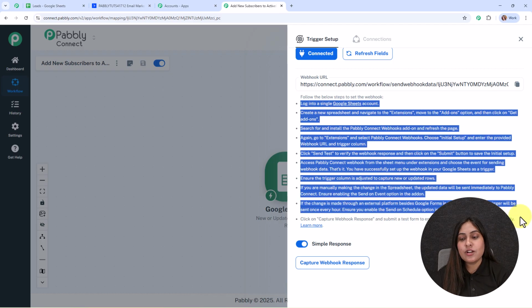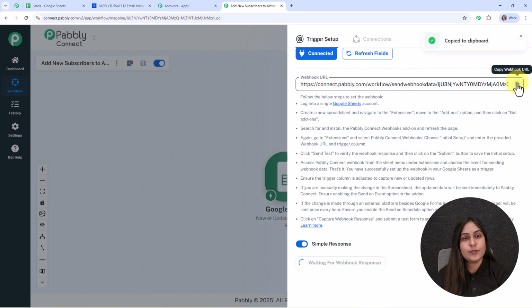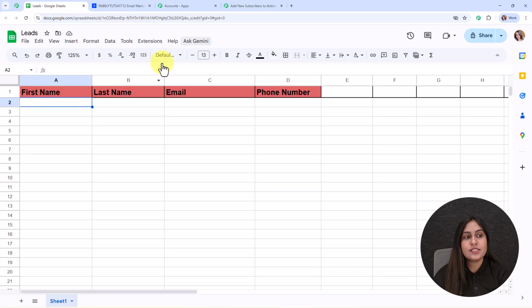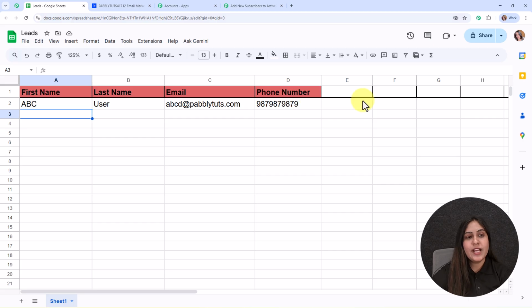So following the instructions given below, firstly I'm going to copy the webhook URL and here I've already logged in my Google Sheets account. So this is the Google Sheet that I've created with the name leads and these are the fields. So now before we move forward with the connection, let me add a new dummy detail in my Google Sheets. Alright, so I've successfully added the details and now we're going to connect this Google Sheet